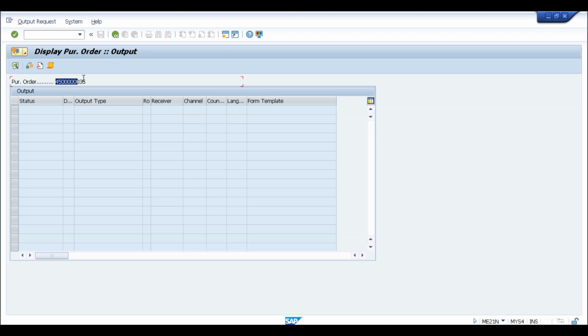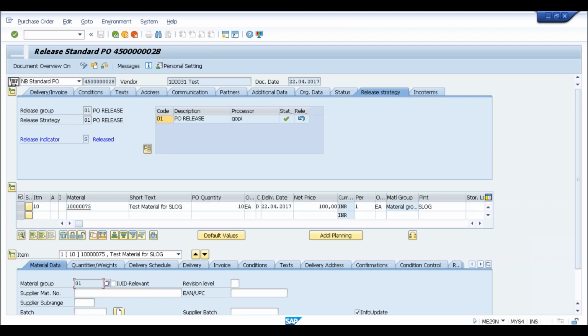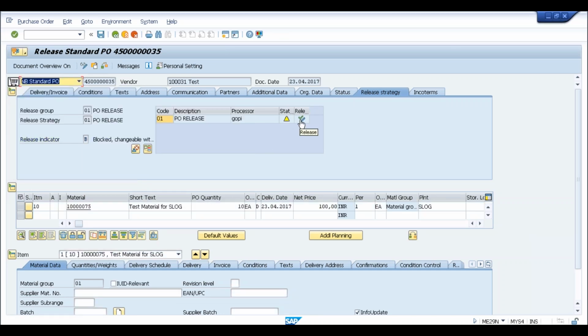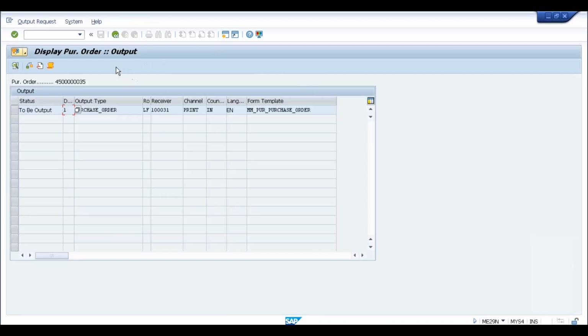The reason is this purchase order is just created. It is still not released, and output should only be reflected when your purchase order is released. If you see the release strategy here, this is still not released. So I will go to ME29N to release this purchase order. I think it was 35 which we just created. Now if I release it from here and click on save,